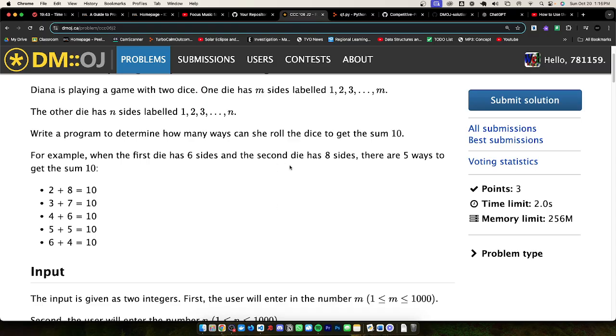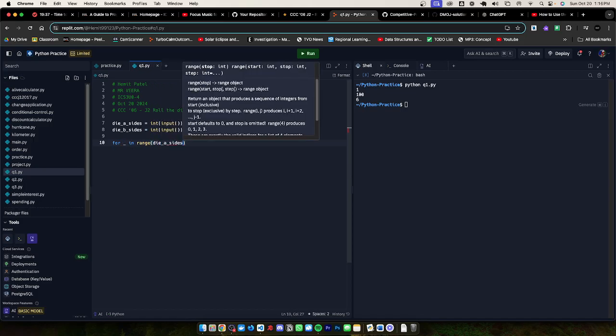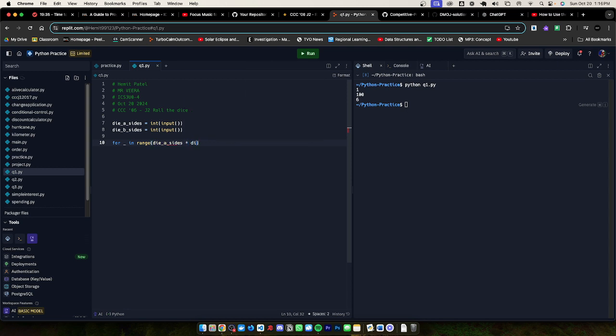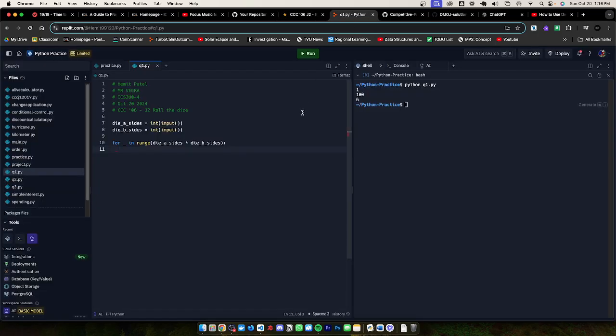Okay, so maybe we can start off by multiplying. So for _ in range die 1 times die 2. Now this is going to run, let's say 12 times, so we can just go through each for A first. So what we'd have to do is